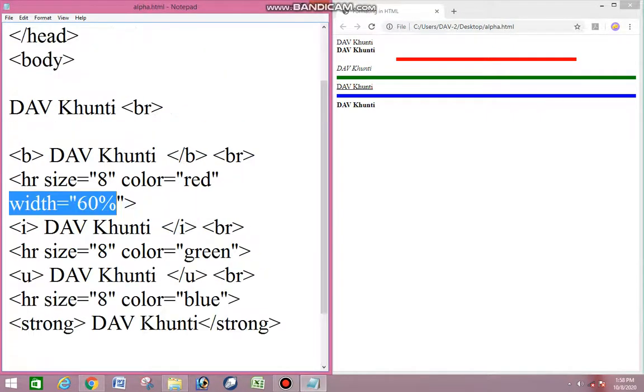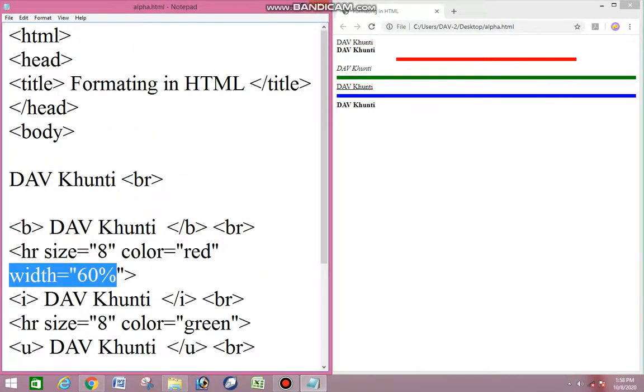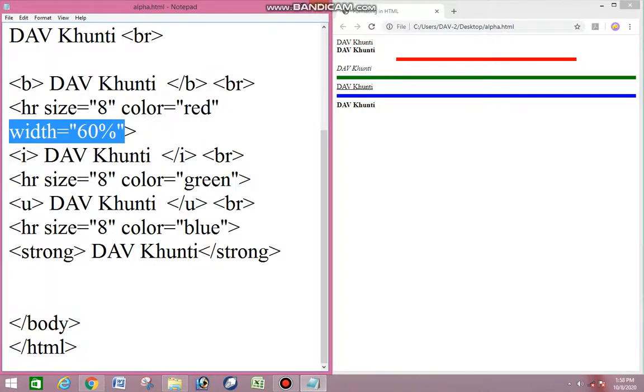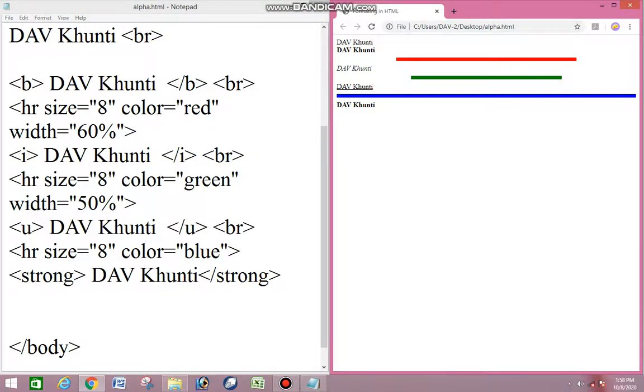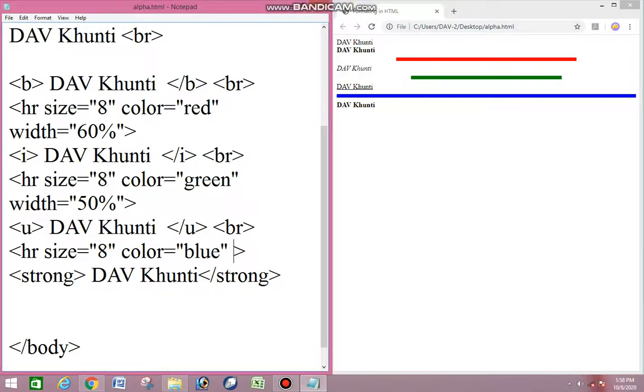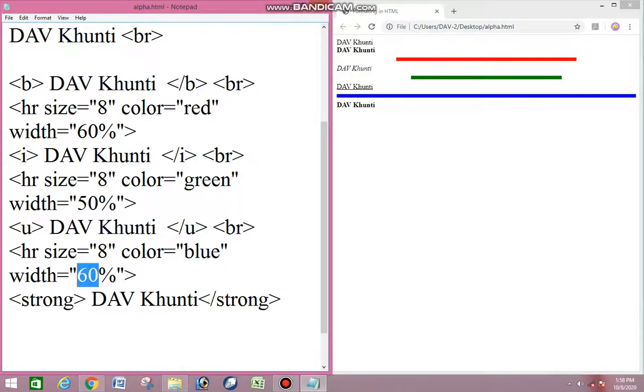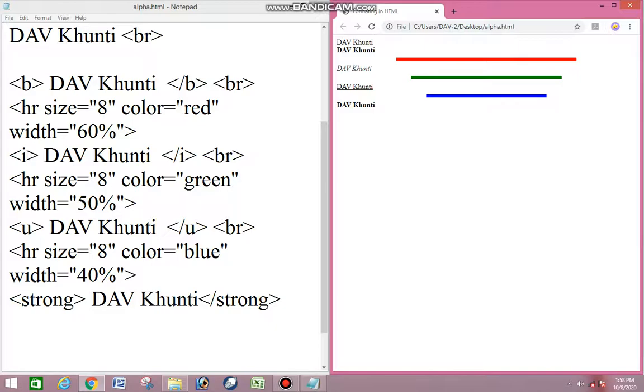Okay, now I have used 60%, 50%, 60%, and again I want to use 50%. You can see. Okay, again I want to use 40%. Okay, save this file and okay, and I told you about